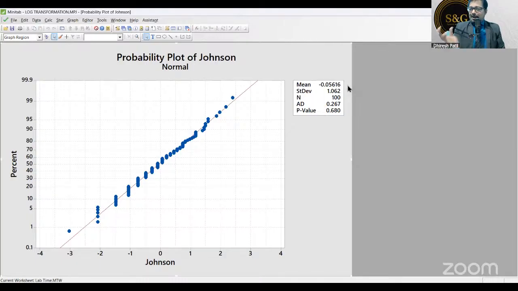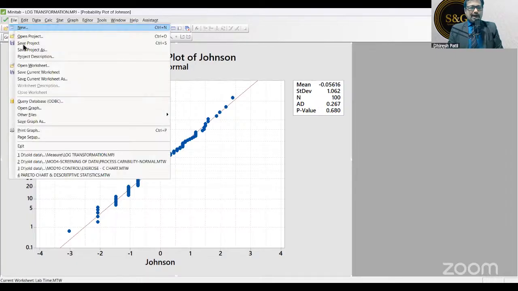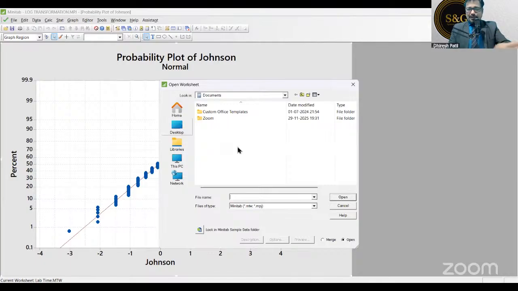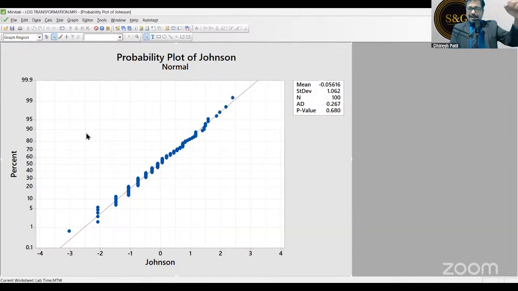Yeah, you can just copy and paste, Girishji. It's very simple. Or as I said, put your file on the desktop or wherever you want to store it. Go to File, Open Worksheet, navigate to that file, select that Excel file and click on Open. It will open in Minitab. So File, Open Worksheet is the process. Or you can simply copy and paste as well, like we do in Excel.